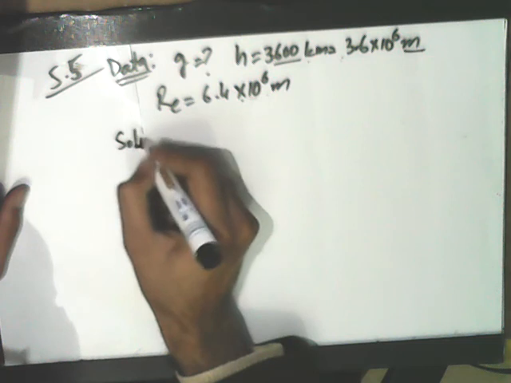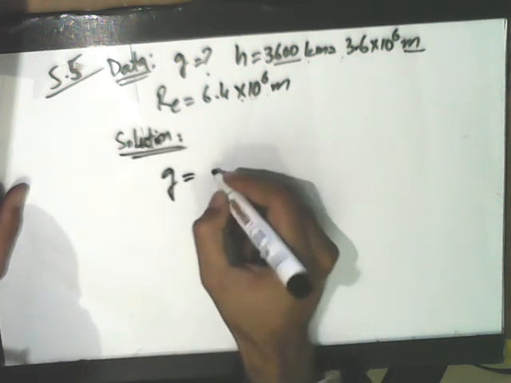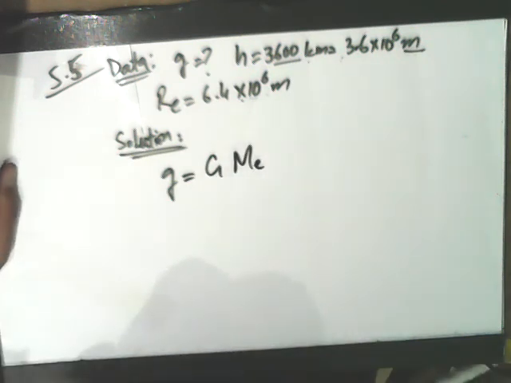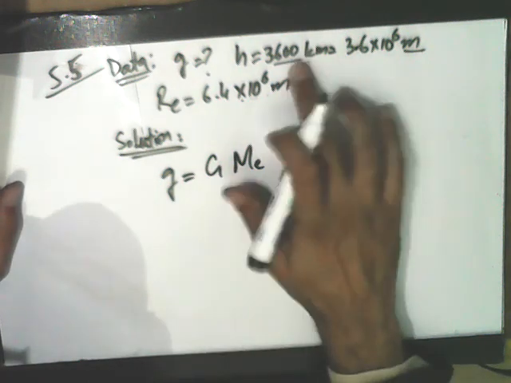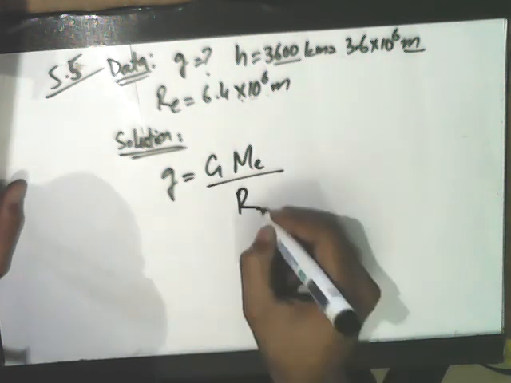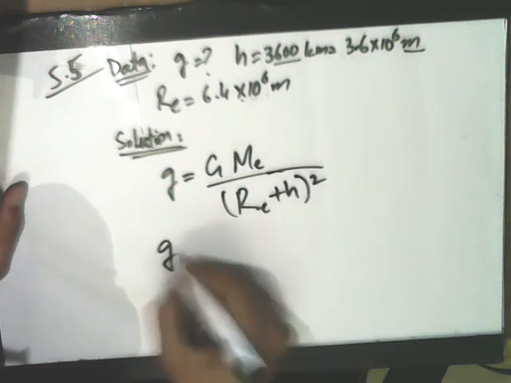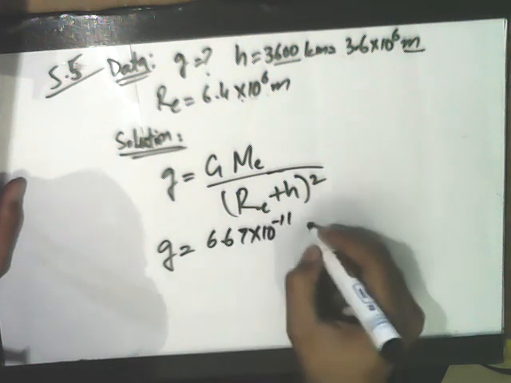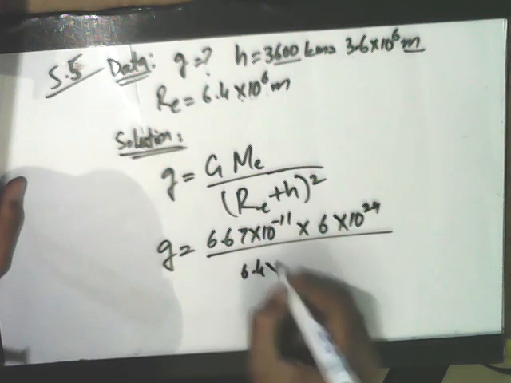So let's get down to the solution. Again, we're going to use the same equation, with the mass of earth. Since the mass of the earth is bigger, that is the more dominant force that is going to be there. Re plus h is what we're going to have at the bottom to compensate for the height. So small g is going to be 6.67 into 10 to the power minus 11, times the mass of the earth 6 into 10 to the power 24, divided by